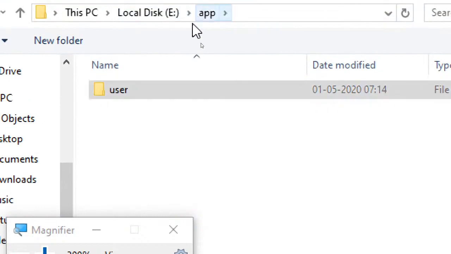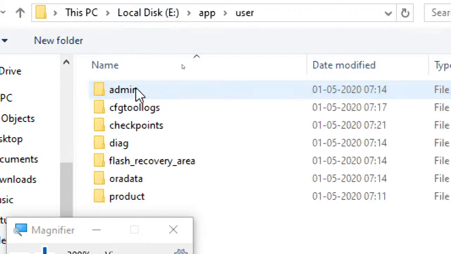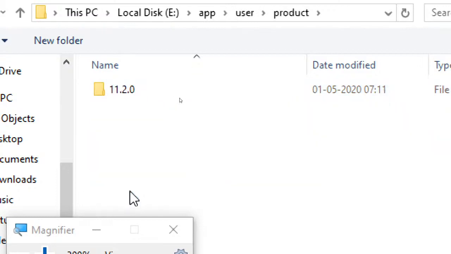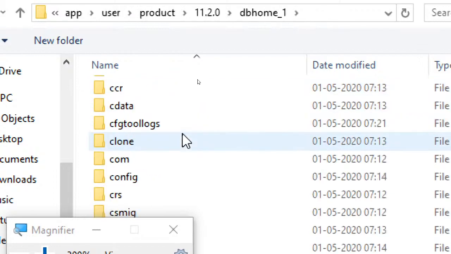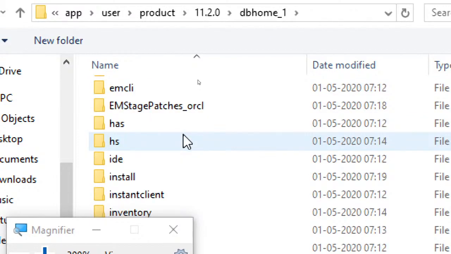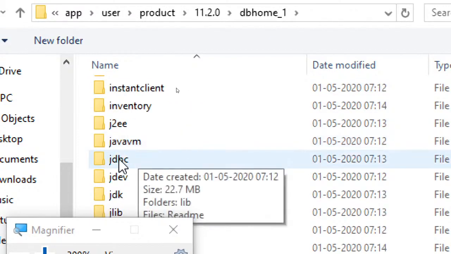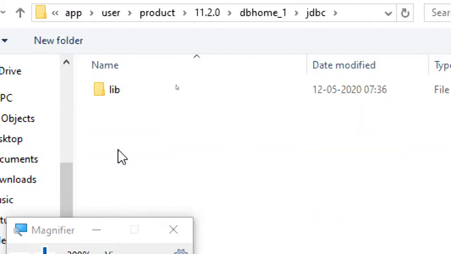So go to your Oracle installation folder. I have already said I have installed my Oracle in E drive. So app folder, user, and then there you can see product folder, again your version, again your home, and there you can see a folder with the name JDBC. Open that JDBC folder.